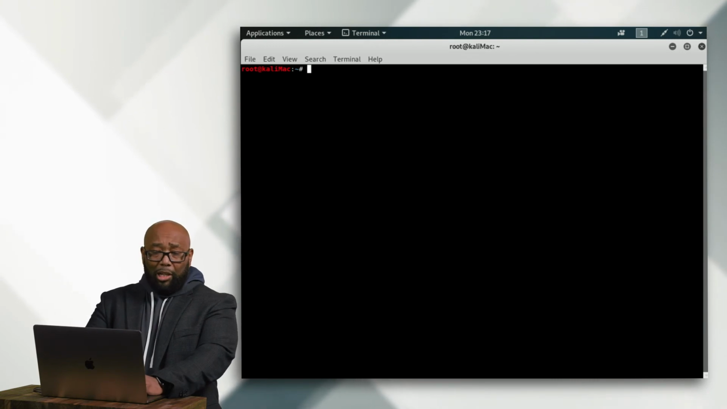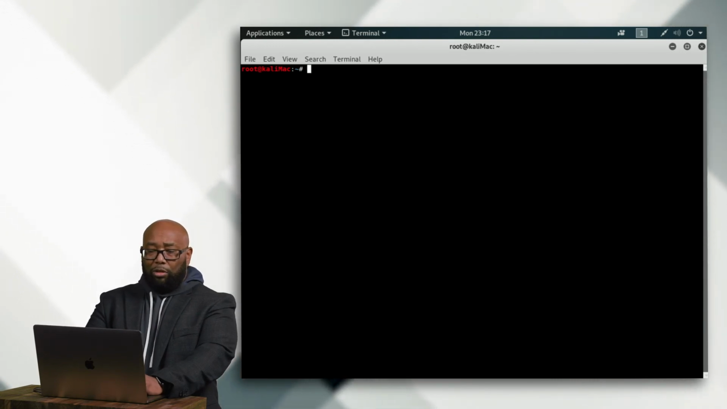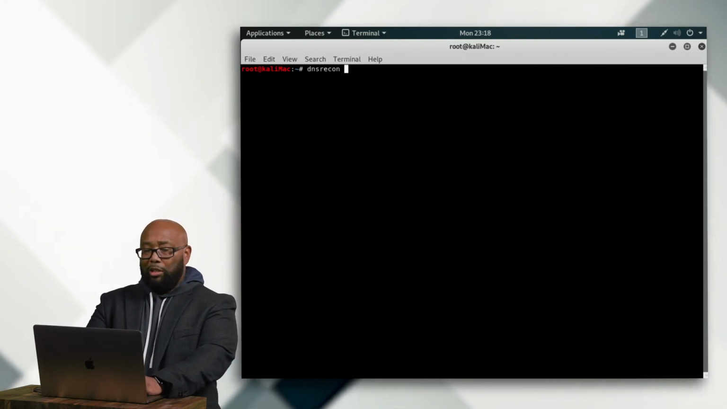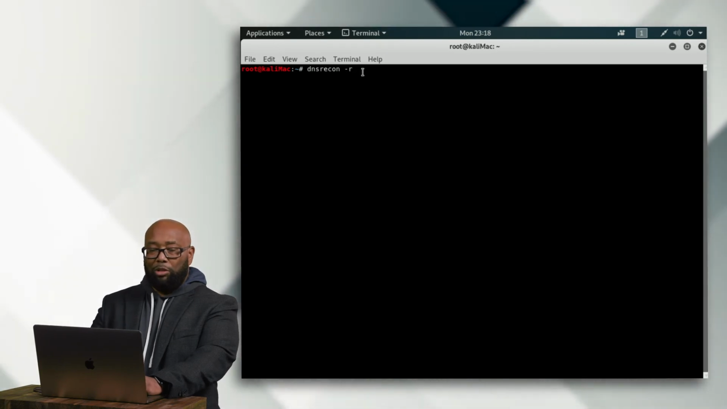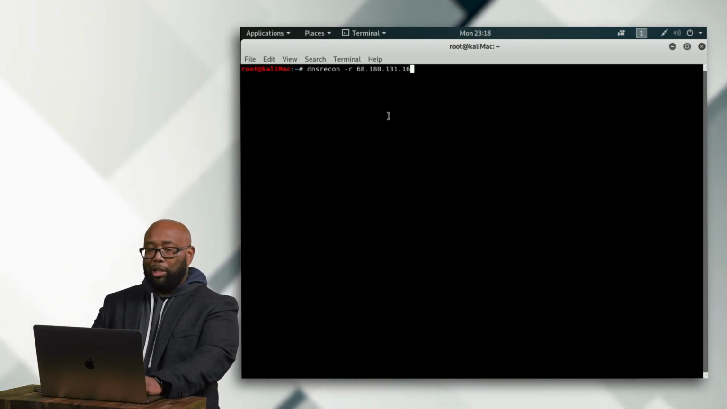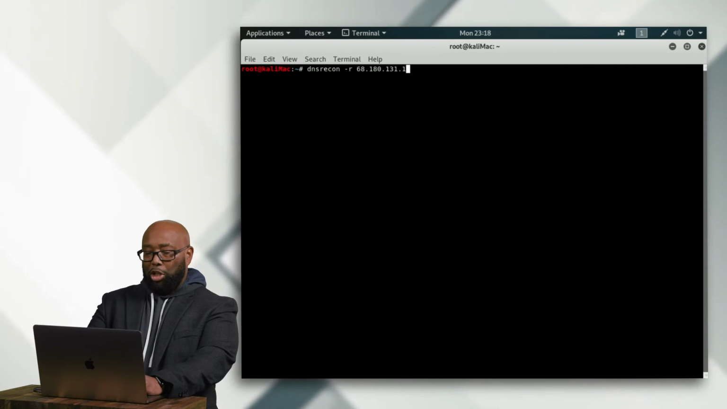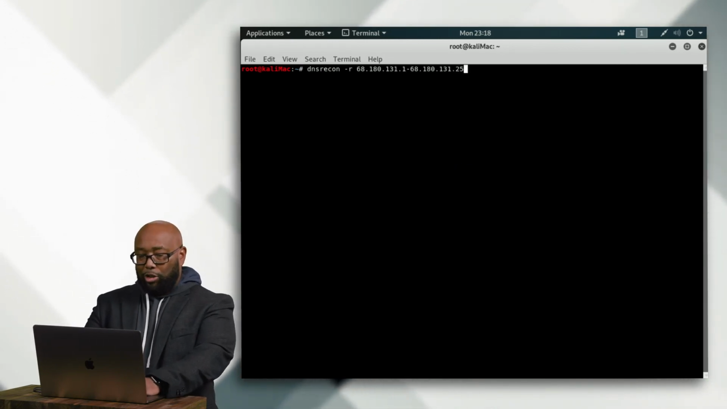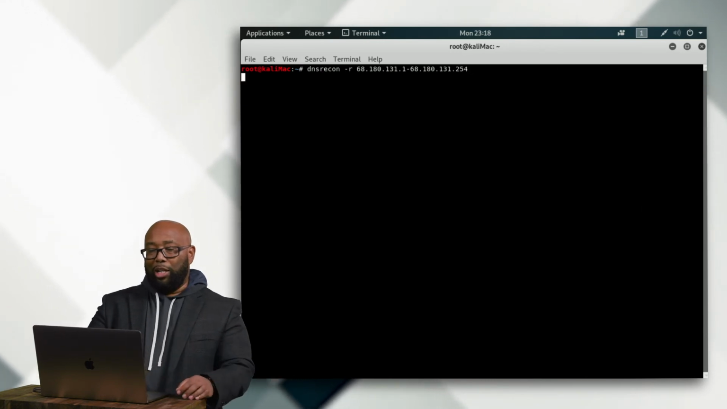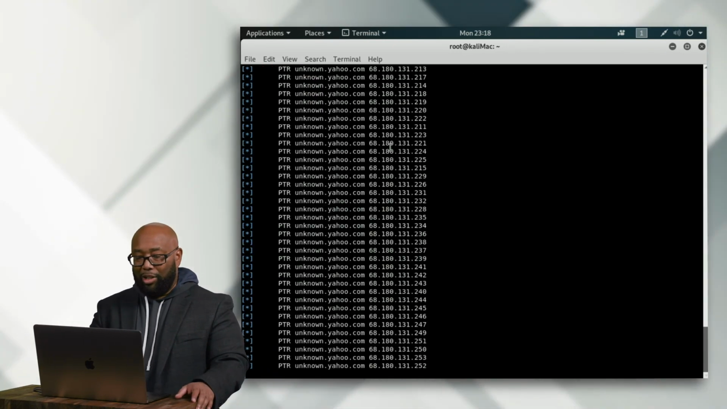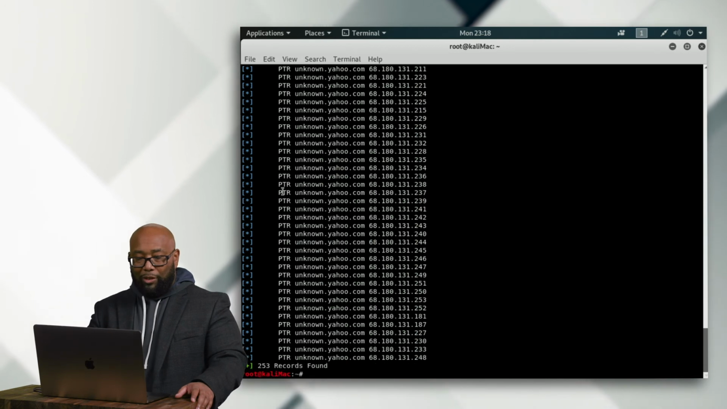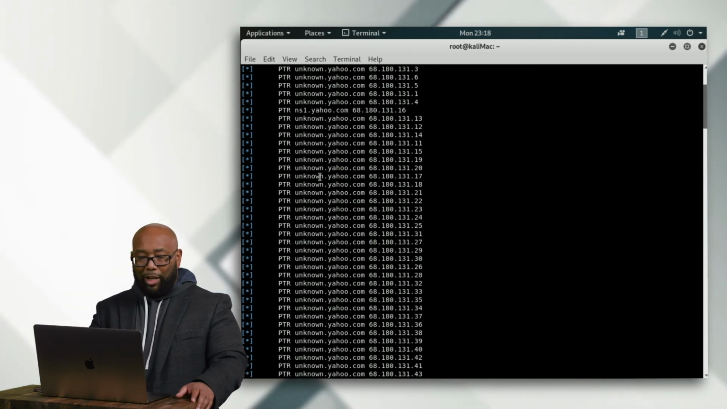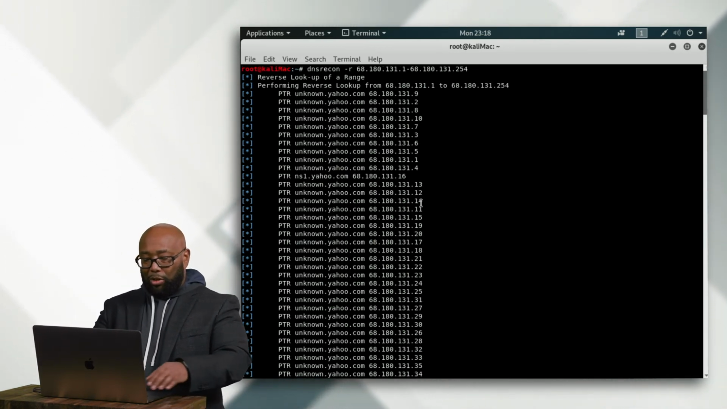So I can do a DNS recon again. And again, don't try to learn these commands yet. You don't need to worry about DNS recon. The output of what I'm about to show you is what's going to matter. If I assume Yahoo owns that entire range and I check, it looks like they kind of do, because all these devices come back as yahoo.com devices. I can do the same